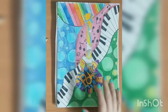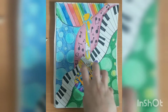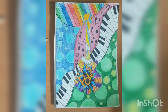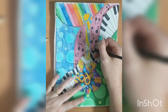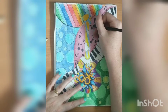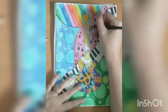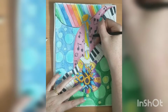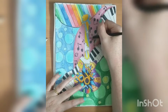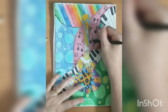Okay, so now I've finished my background and I'm quite happy with it, but you can see that my guitar has disappeared a little bit. So I'm going to take a black pencil crayon and I'm going to colour, it's quite sharp. I'm going to press on quite hard next to my guitar, and then I'm just going to loosen up my pressure coming out. And I'm going to do that in little sections all the way along my guitar, and it